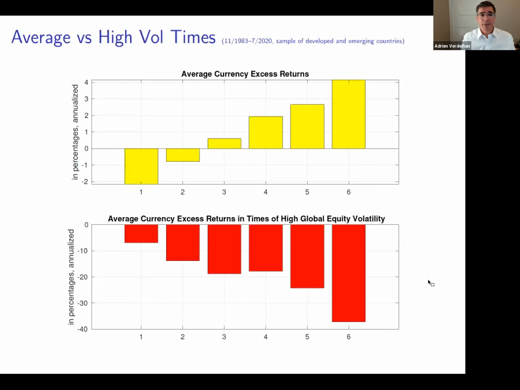And here you see the risk story again. By borrowing in the US and investing in high interest rate countries, on portfolio number 6, you make a lot of money on average. I showed you the previous Sharpe ratios, very high. But what's going to happen in bad times? You're going to lose a lot of money in bad times. And that's the risk, the basic risk story that we always go for, right? You get compensated for the risk of losing money in bad times.